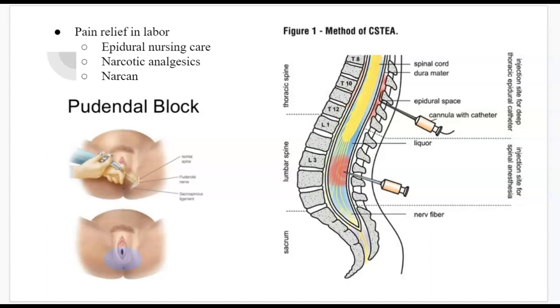So the application of narcotic analgesics means that you will need to prepare to resuscitate your baby based on the half-life of when that medication has been in the body. For example, if you had Stadol, or butorphanol, and the patient suddenly delivers 30 minutes later, you're going to have a baby that's asleep because the baby is high from the narcotics. Okay, so very important to note,